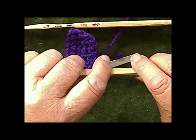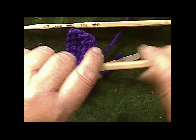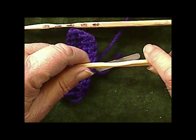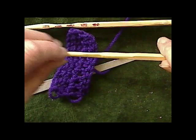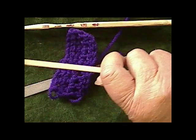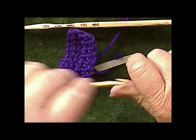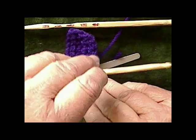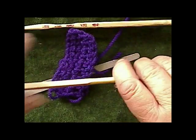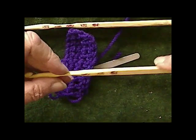But I was looking at some nooking video, and you don't need to slide it back up on the hook. Nooking is very strange to me, but you load your hook like you do for Tunisian, and then you slide it off onto your string, and then you turn your hook back around, and you come back and you work on your piece, and then you just slide the string out. So that would be perfect for this. You could make your own nook hook. All you got to do is come